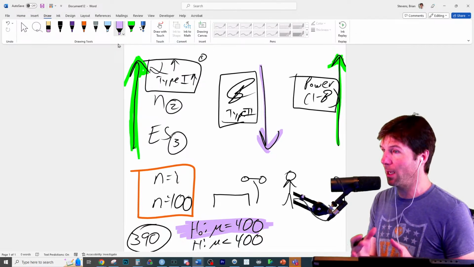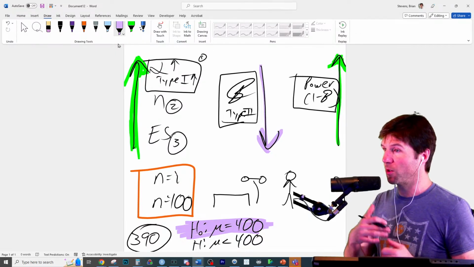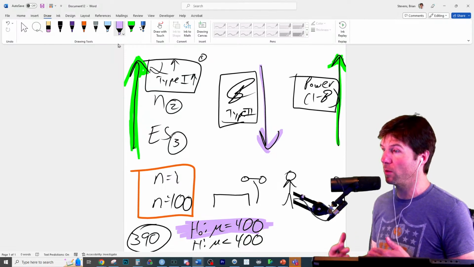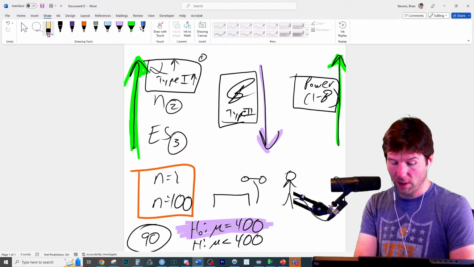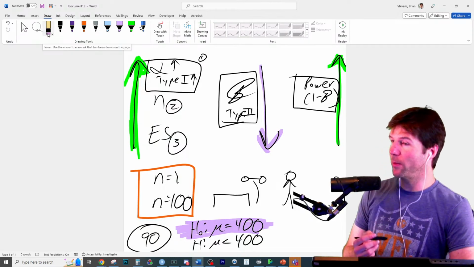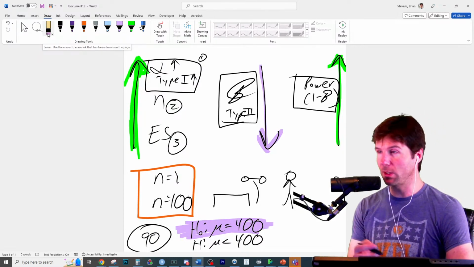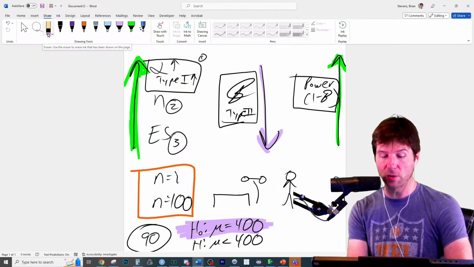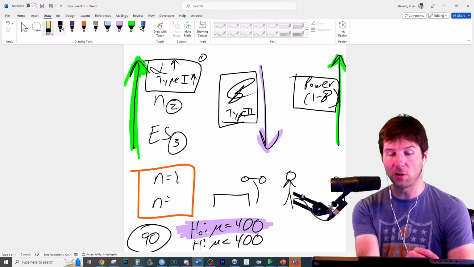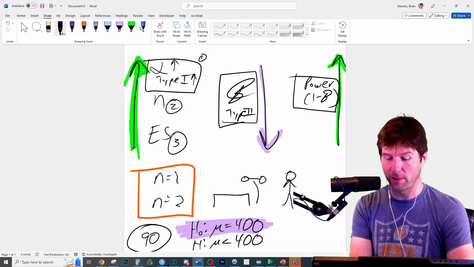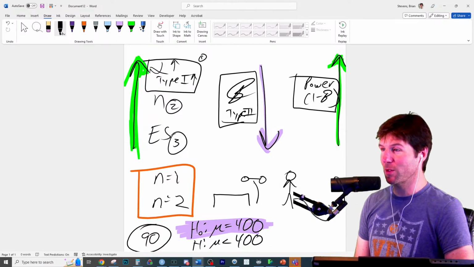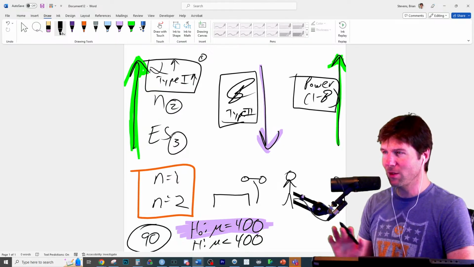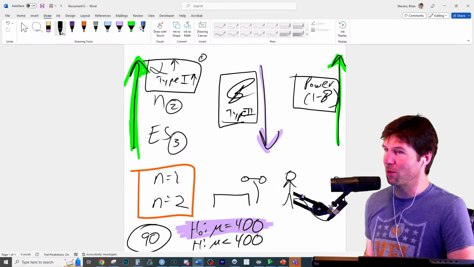So if it's true Brian can't bench 400 pounds, then observing Brian more will increase our ability to find out this truth. Now, what if Brian can only bench 90 pounds? Nothing wrong with benching 90, but if Brian can only bench 90 pounds, you probably wouldn't need to observe Brian benching 100 times. You might only need to observe Brian benching like 2 times. Very small sample size here. You'd be like, well, he claims 400 pounds, but I saw him only benching at 90 max. Nothing wrong with that, but Brian's not telling the truth right here.